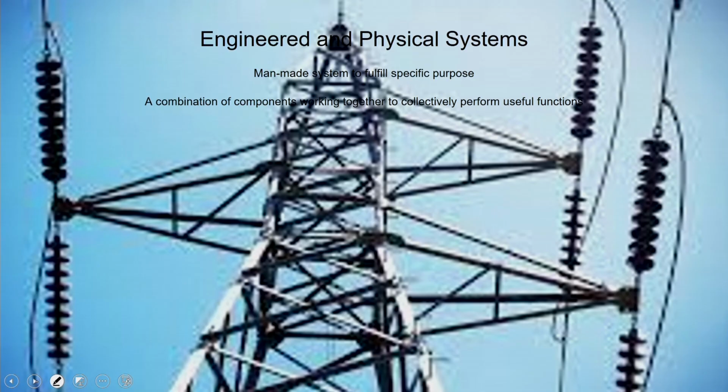Example, the electricity grid. That is a system which comprises all the infrastructure related to the grid: many thermal power plants, many hydroelectricity generation plants, maybe some nuclear power plants, maybe some renewable energy resources, and all these connected through some control panel. In the case of our country, we also have, say, the northern grid and the southern grid, all of them coming together. So this whole grid is a man-made system, and so it comes under the category of engineered and physical systems.